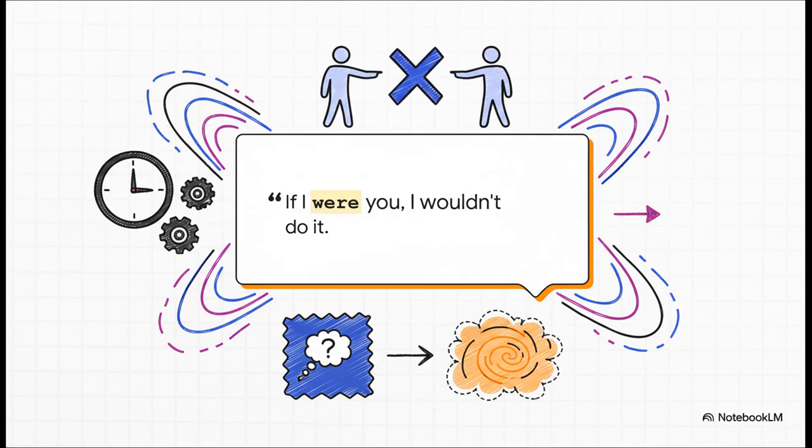The classic example. The reality in the present is simple. I am not you. So to express this idea that's contrary to fact, we time travel. The verb am gets shifted back to its past form, were. That little change is the signal flag. It tells everyone, hey, we're in the subjunctive mood. What I'm saying isn't true right now.